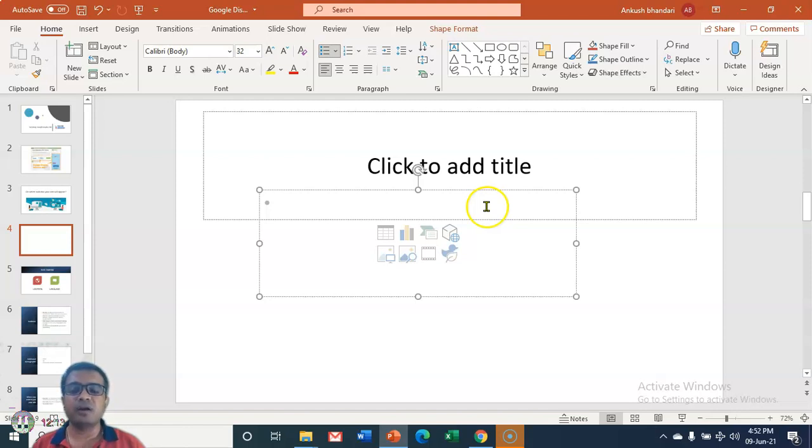So I hope you have understood Google Display Ads, which is very similar, not very different from Facebook targeting. And in the next class we will learn how you can use this targeting to target people either on websites or on YouTube. So that's all for this session, and please go and revise this video again if you have not understood any of the concepts.